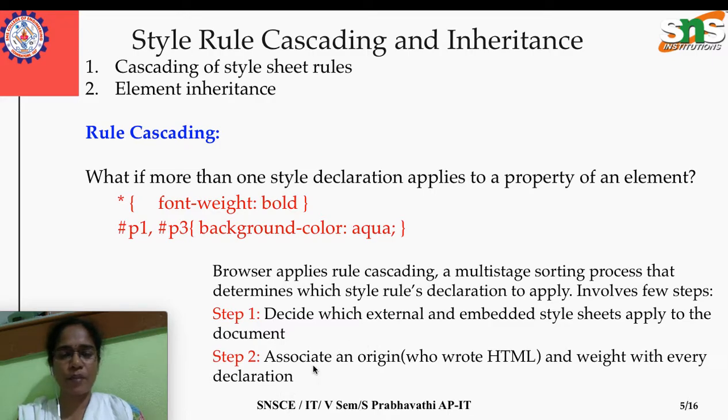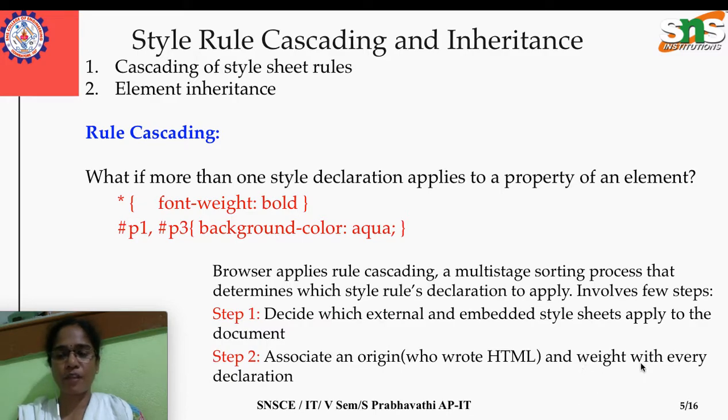Apart from that, each style sheet will have an associated origin. Origin means who wrote that HTML document. The developer, of course, or the user, and there are a number of things, and the weight with every declaration.